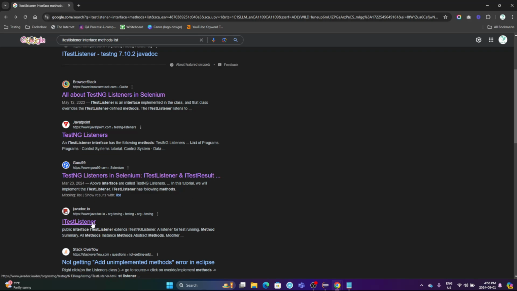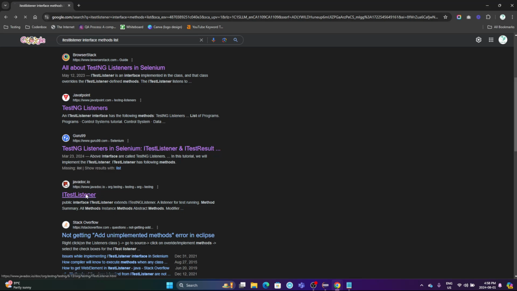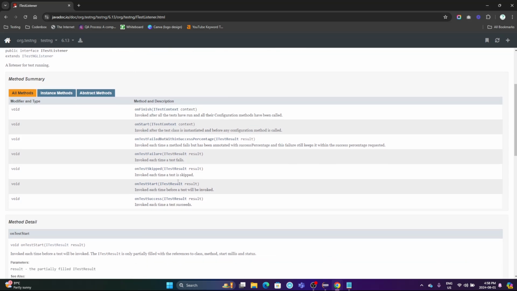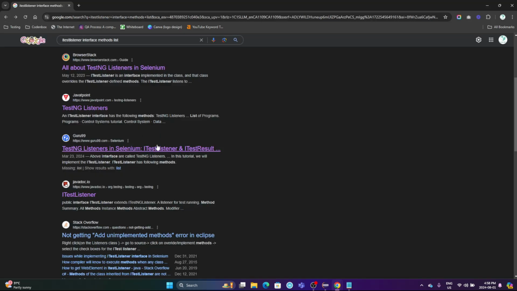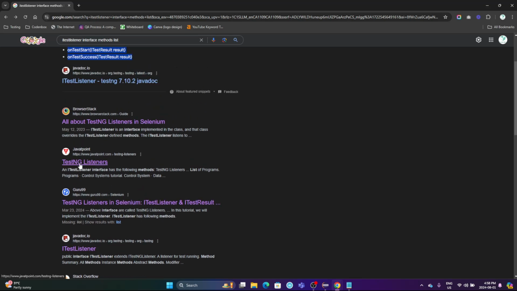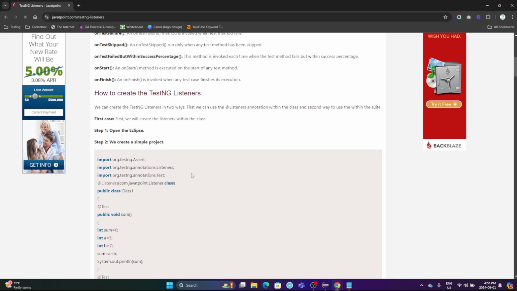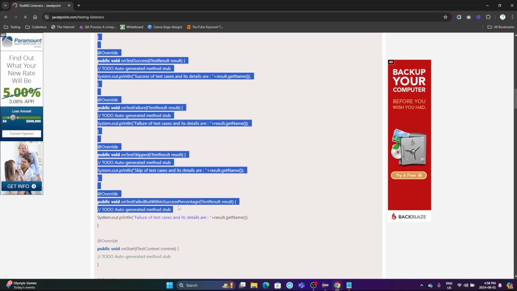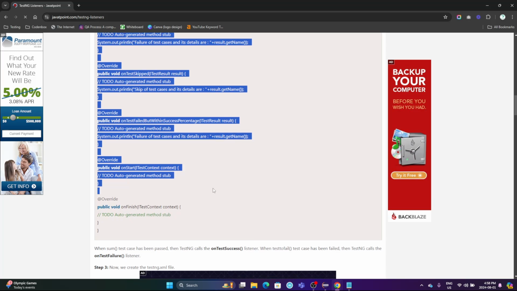So you can check any one of the places. Say here, you see those are the methods in the document. We need all the complete methods. So maybe it's here, TestNG. I can see here, yes, you can see public class. So whatever listener class we created and implemented ITestListener, it should automatically give you all those methods. For some reason it's not giving me, and it is a common issue. It happens